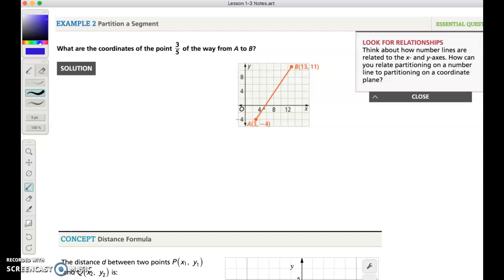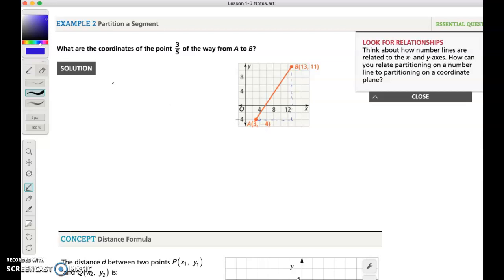Well, what we're going to do here is find the x distance, like how much we have to move in the x direction and how much we have to move in the y direction. So kind of thinking about this horizontal movement, how much horizontal movement and vertical movement do we have to make? So in other words, we're looking at these dotted lines that would be moving straight horizontal and straight vertical. And we're going to take 3/5 of this distance and 3/5 of this distance and add those amounts to the x and the y coordinates. Now that might sound a little confusing, me just talking through it,